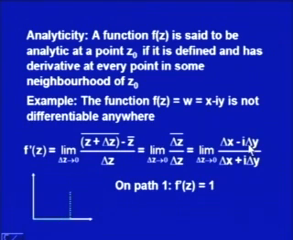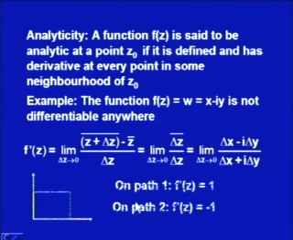So, if I take delta y equal to 0 in this expression, then this and this will cancel out and they will be 0, and what remains is delta x divided by delta x, which is 1. So, whenever delta x tends to 0, this expression gives me the limit as 1. So, on path 1, the limit of this expression, that is f dash z, is equal to 1,